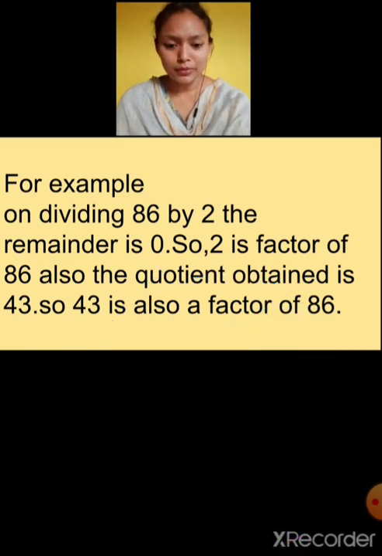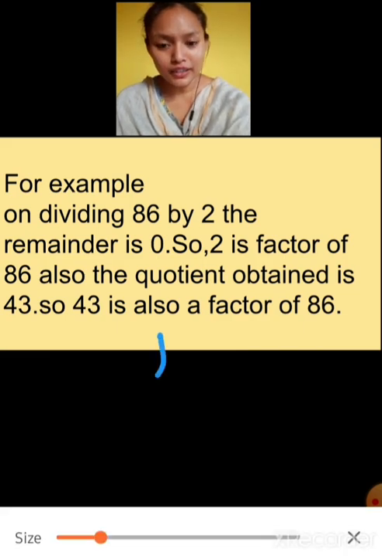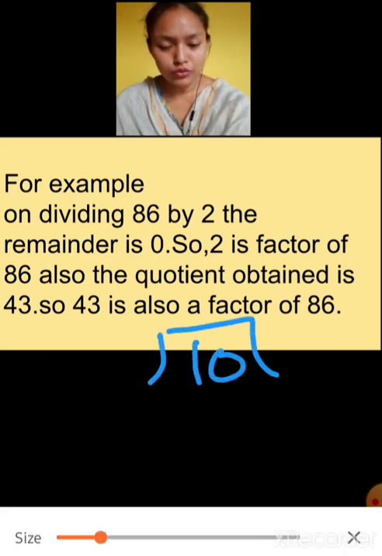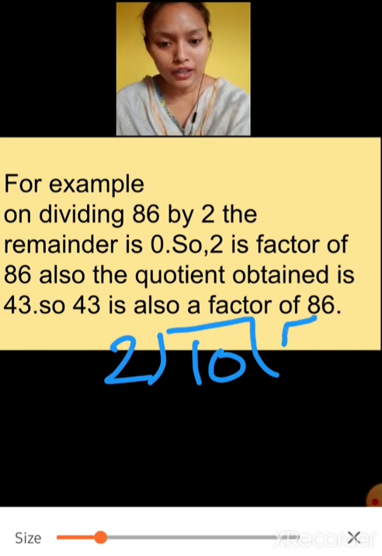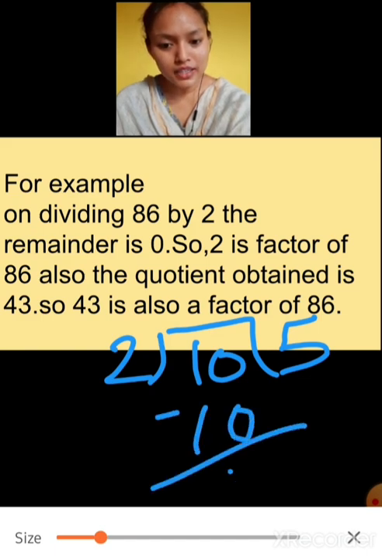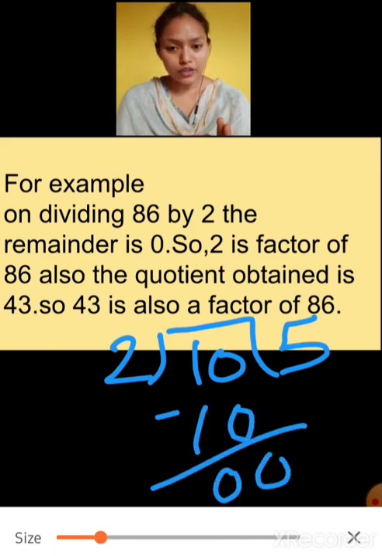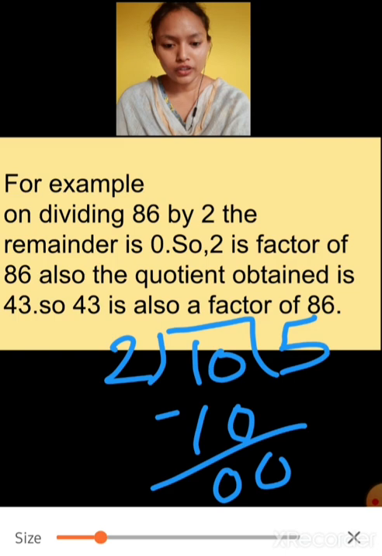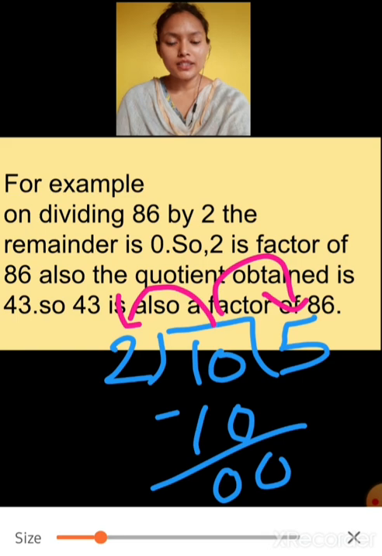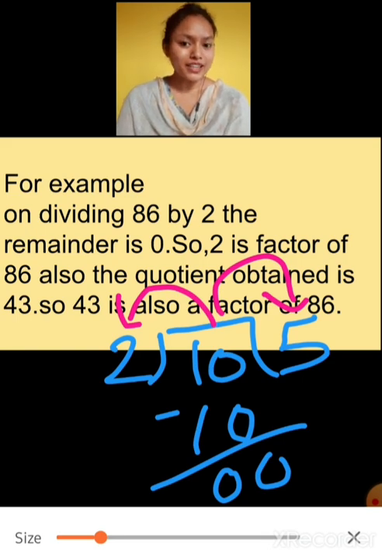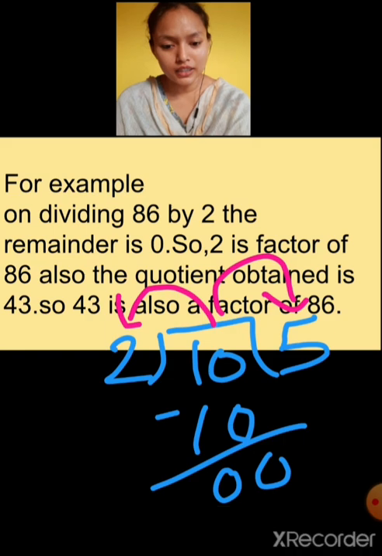Let's take a small example. If we are dividing 10 by 2, is 2 a factor of 10? We will see. Let's divide: 2 5s are 10. So what's the remainder in this case? In this case also the remainder is 0. So we can say that 2 and 5 are factors of 10, because the remainder is 0. If a remainder is left, it means they are not factors.